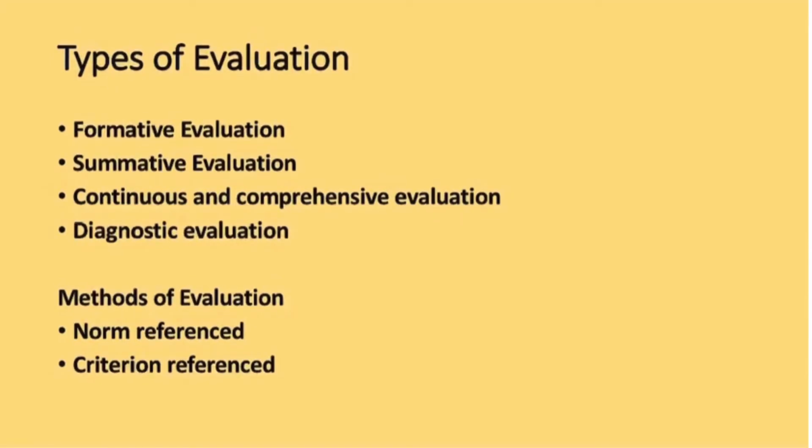Then evaluation methods. There is norm referenced and criteria referenced. In norm referenced methods, students are compared against each other. There is a percentile score or rank, and students' performance is evaluated relatively to the performance of other students. Exams like CAT or SAT, competitive exams which have this percentile score, are an example of this